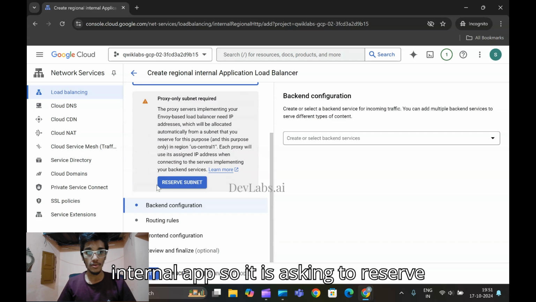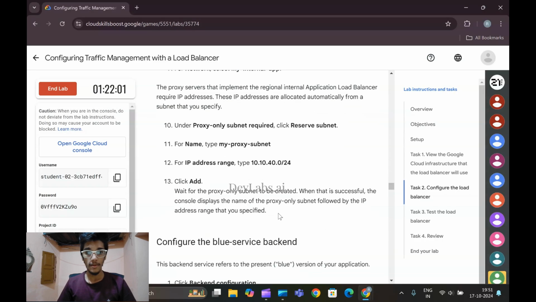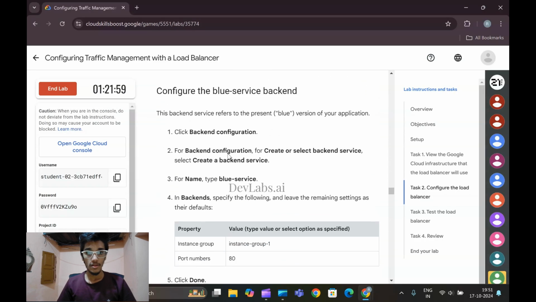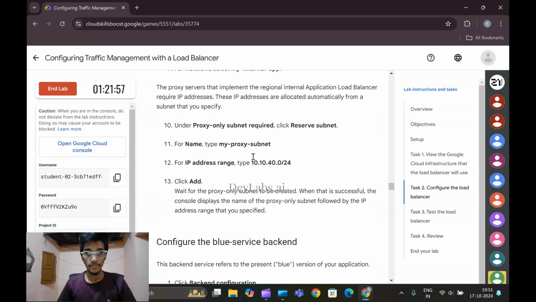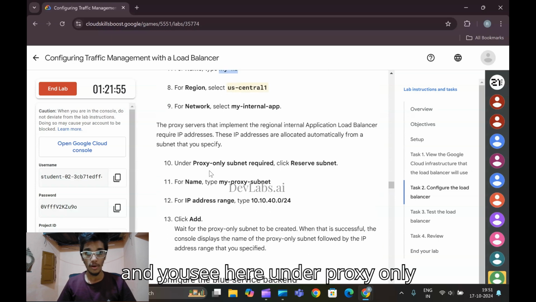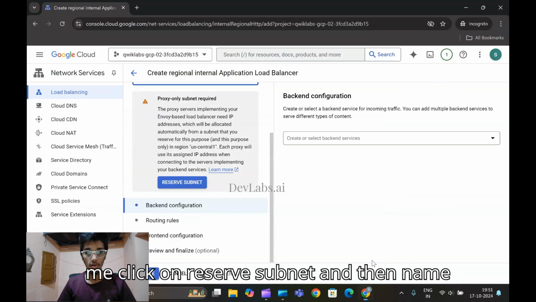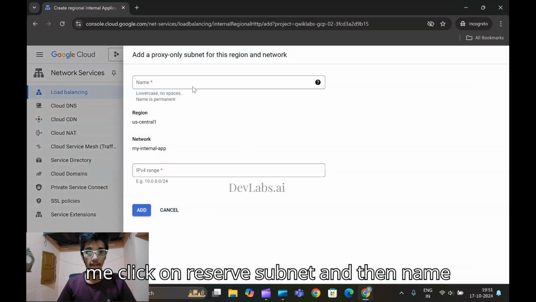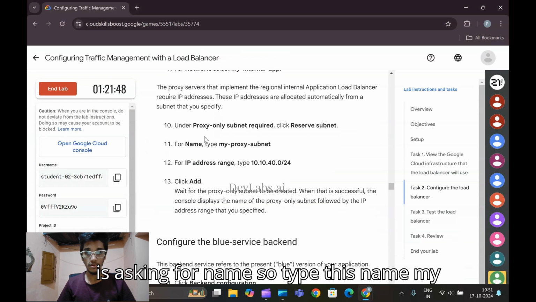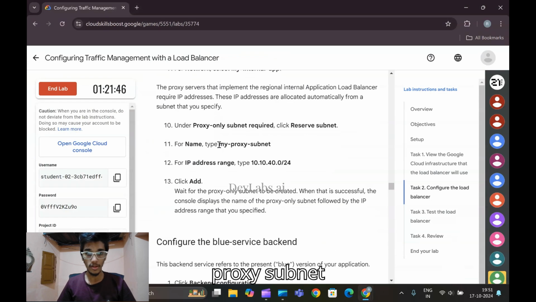It is asking to reserve subnet. So come back, and you can see here under proxy only subnet required, click reserve subnet. Let me click on reserve subnet, and then it is asking for a name. So type this name, my proxy subnet,